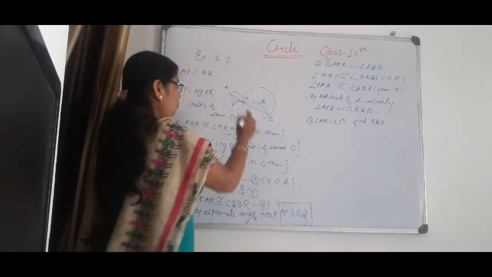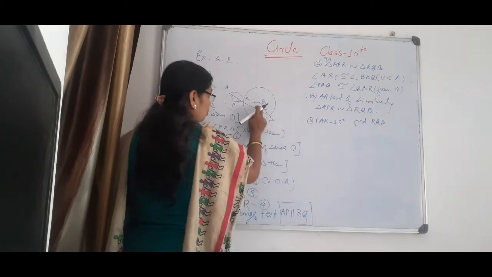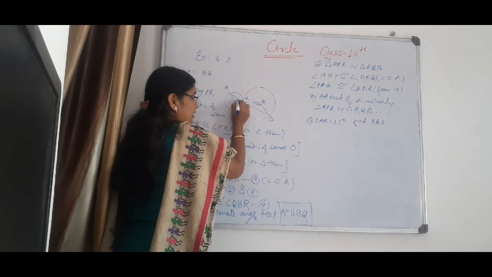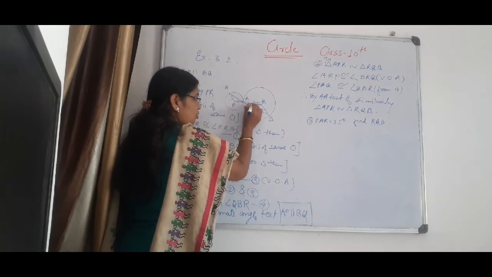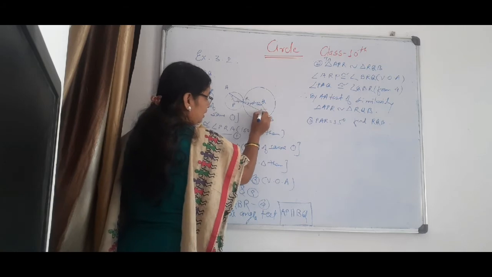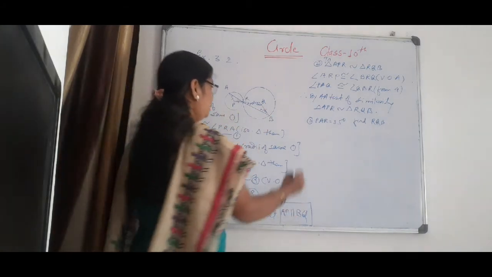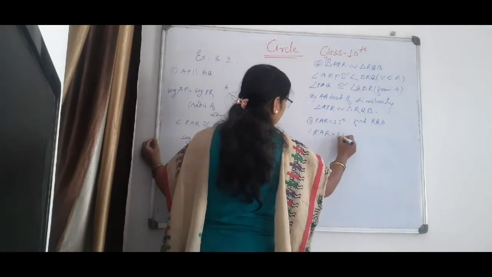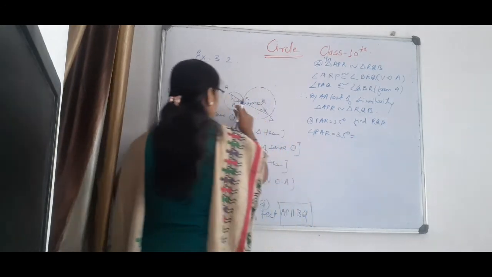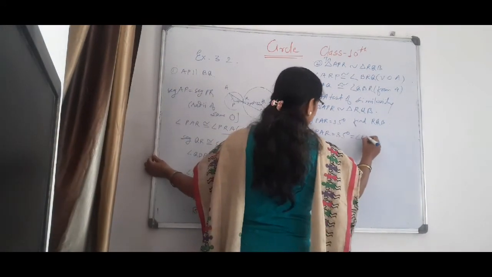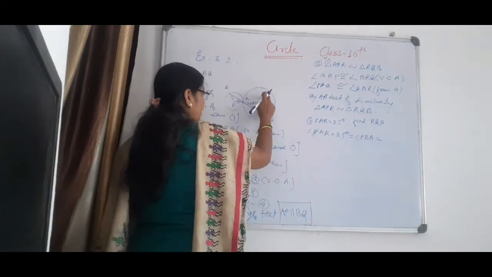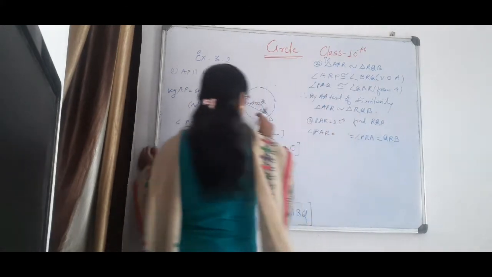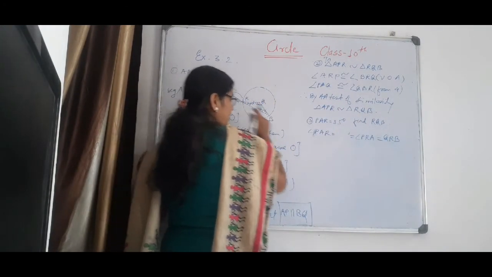Then in third, what you have to do? Here angle A is given as 35. You have to find out this angle QRB. Now if A is 35, then this angle is also 35, and therefore this angle is also 35. Now angle PAR is 35, equal to PRA. Angle PRA is also 35. Then angle QRB is also 35. Now if angle QRB is 35, QBR is also 35.